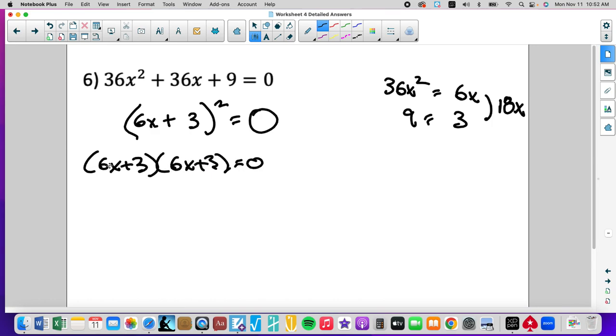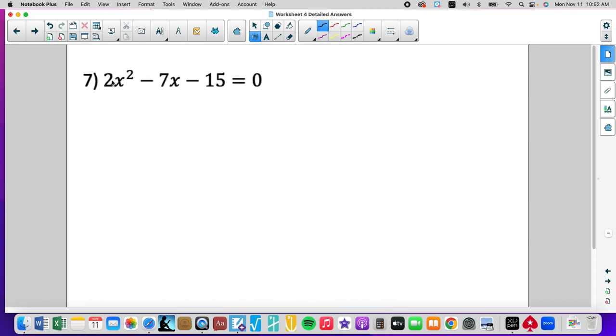And now what value for x makes this 0 would be -1/2. And that would be the same value. So my answer is -1/2. That was pretty fast. All right, not perfect square, not a binomial square, so we're going to use, and a